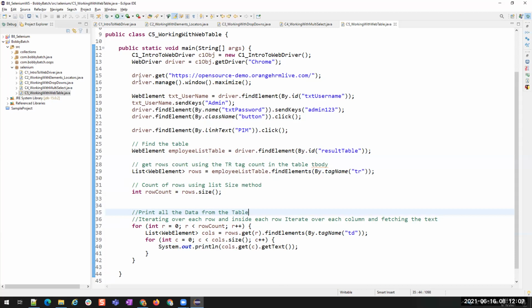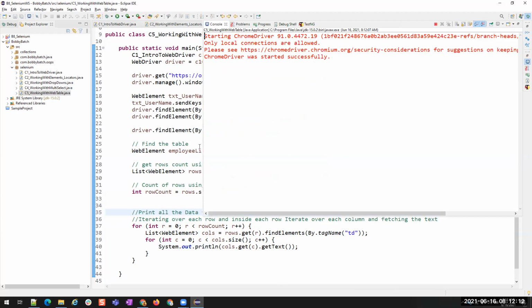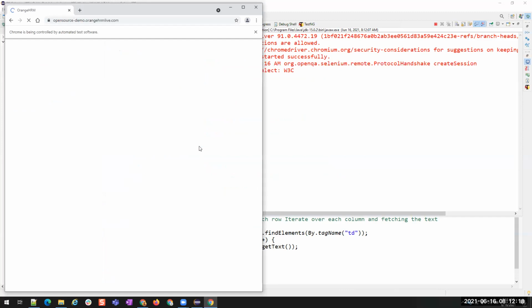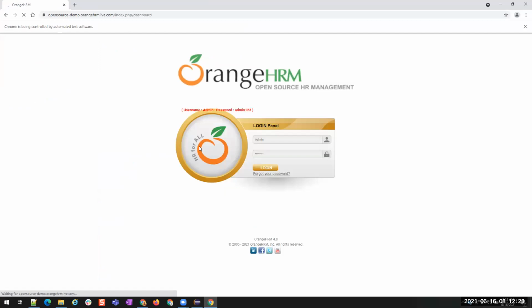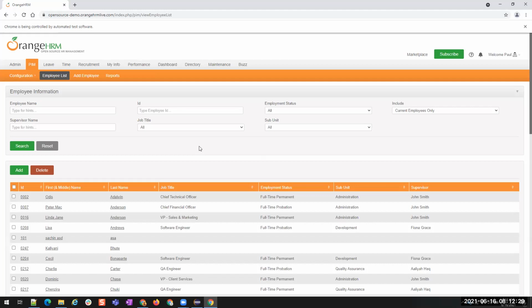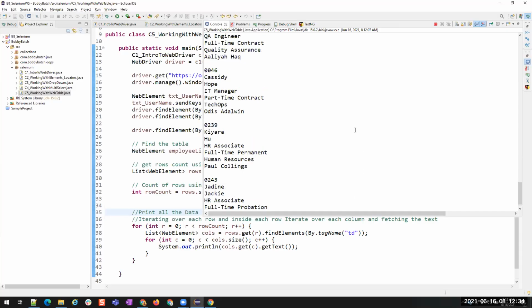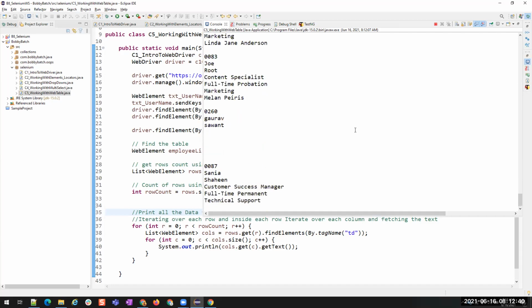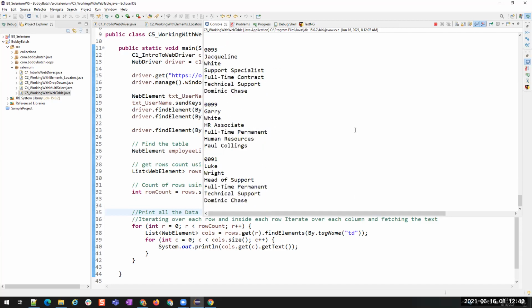So let's run this. It started printing there. Let's see. You see? Now it printed all the users data.